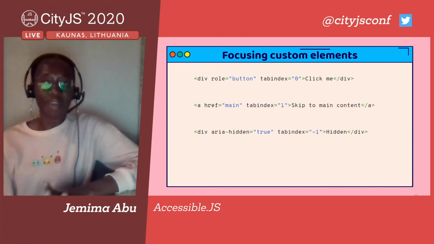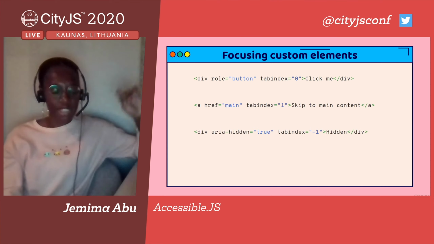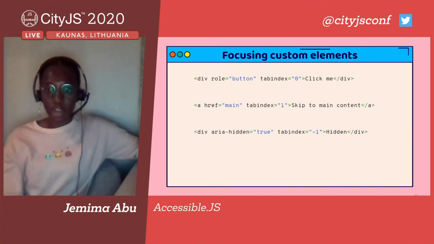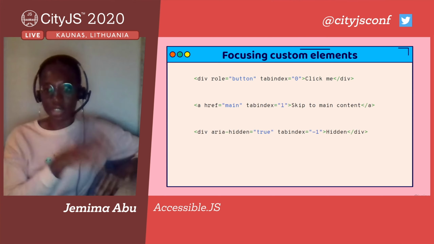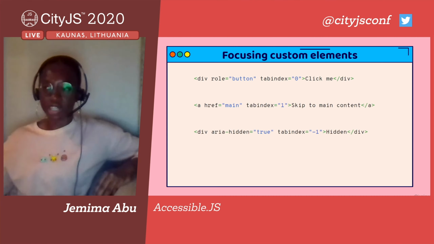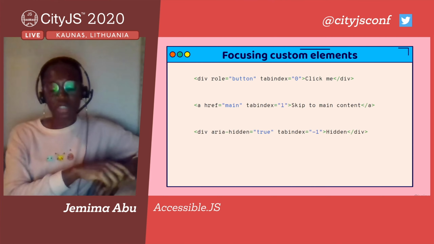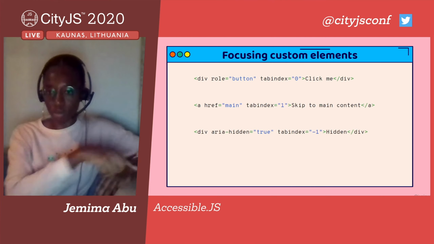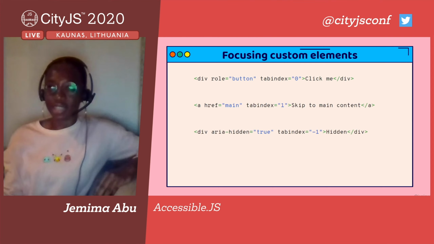So let's say that I have hidden elements. This happens sometimes. Let's say you have a sidebar, and you don't want that sidebar to be displayed until people click a certain button. So you set a transition property on your sidebar and you move it to 100% off the screen. But the problem is, because you did not set any attributes that are actually hiding that sidebar, if someone is tabbing through the site, at some point they're going to be able to tab to the elements in that sidebar,